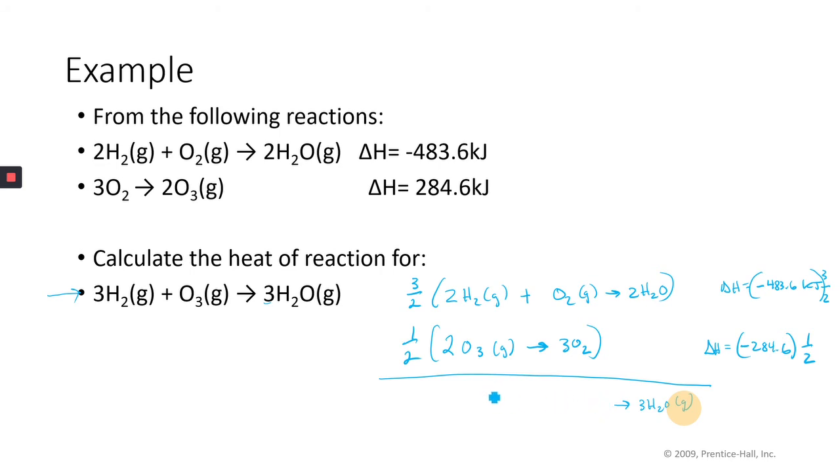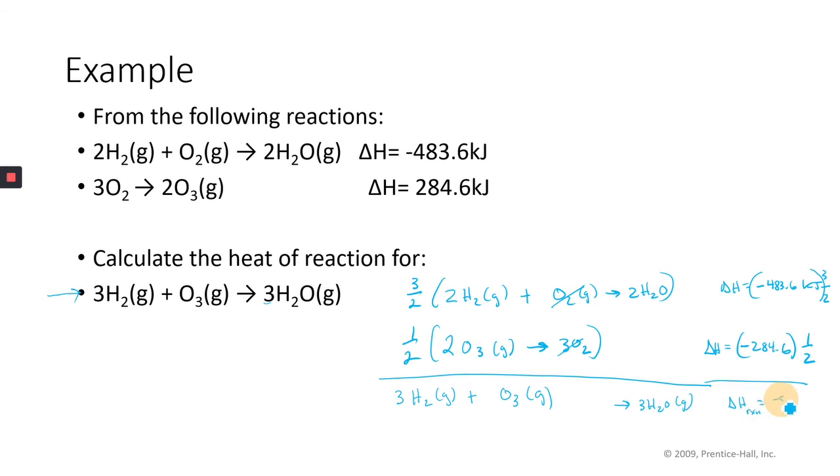And my O2's go away, 3/2 and 3/2 go away. And I end up with 3 hydrogens plus 1 O3. Okay, so then I add these up and I get my delta H of the reaction